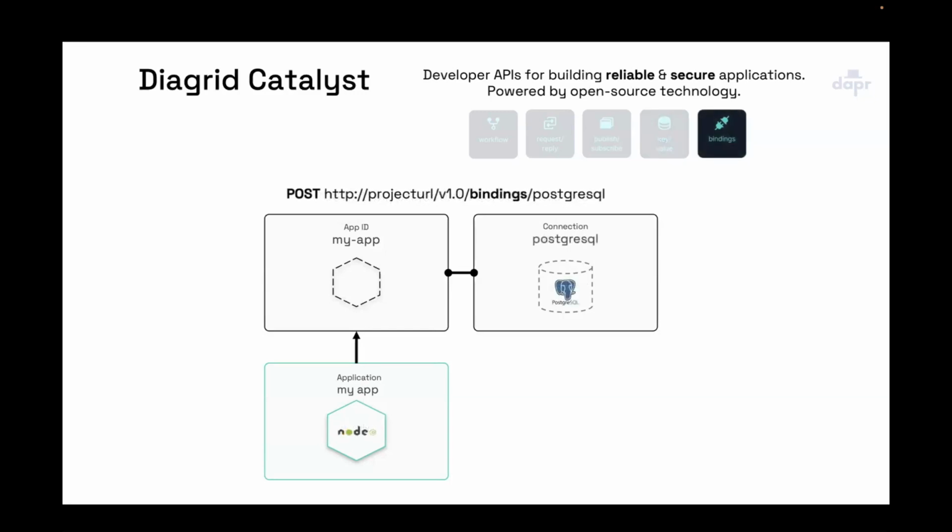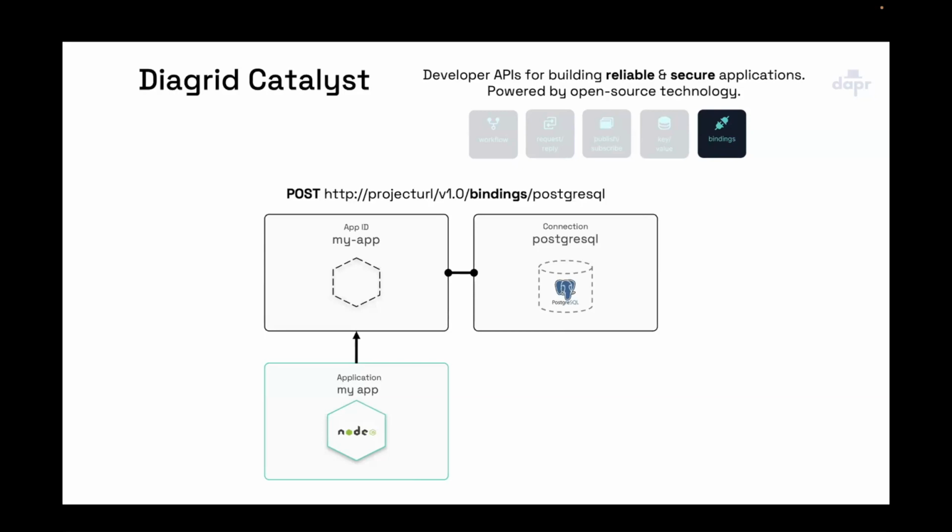And then last but not least, the bindings API. Once again, this really allows a lot of flexibility in terms of the direction, right? It could be an input or output binding, but your application calls out to its app ID. This is going to be a pretty consistent theme here. And then ultimately uses a connection, which in this case would be Postgres. So your application can go out and output a particular piece of data to the Postgres connection after doing some processing on the application side, and you've removed that Postgres connection or any of that Postgres SDK or library directly